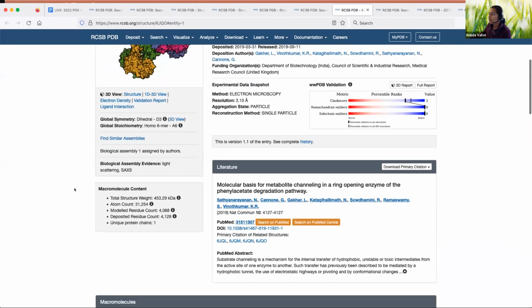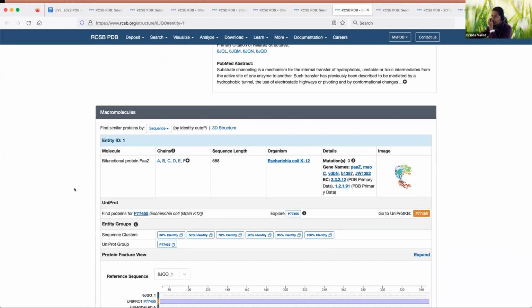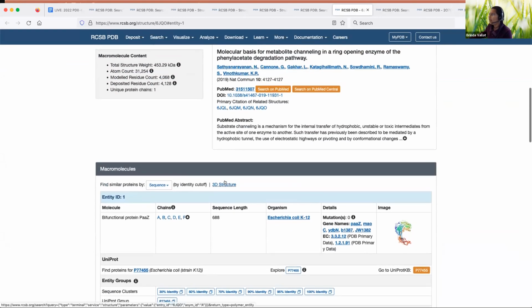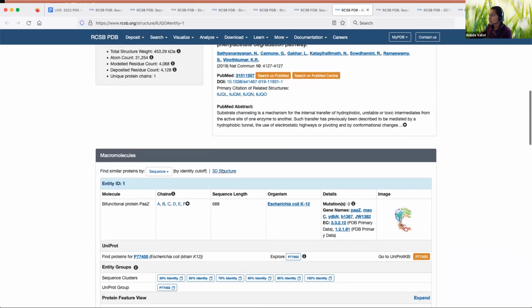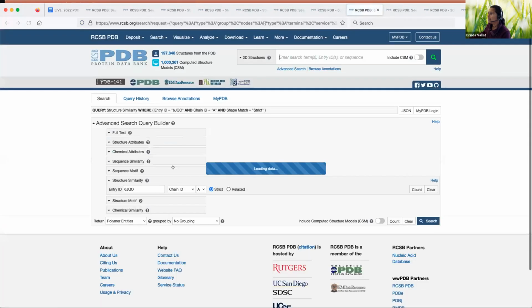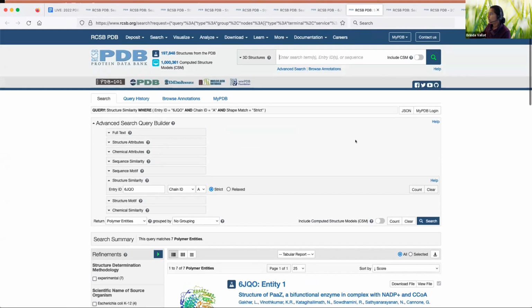So one other thing that I wanted to point out before closing is you can also do a structure similarity search. This is another tool that you can launch from an entry page. So if you click on that, I always recommend to go and look at the advanced search query builder when you're clicking on any of these query by example to know what search is being carried out, and you can always build on top of this, add subqueries. And let's turn this on and